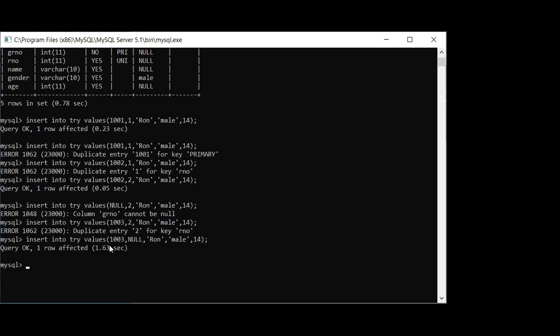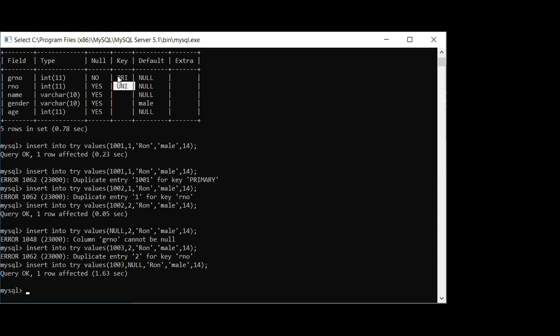So actually you should know the difference. This is actually a very common question. The very first question is how many primary keys you can have in a table. The answer is only one primary key. You cannot make more than one primary key. Then the second question is how many unique keys you can have in a table: as many as you want. Then what is the difference between primary and unique? We can say primary key is by default unique and not null, whereas unique is only unique. We can insert null values in a unique key. Plus we can have as many unique keys as we want. There can be multiple unique keys in a table, but only one primary key.